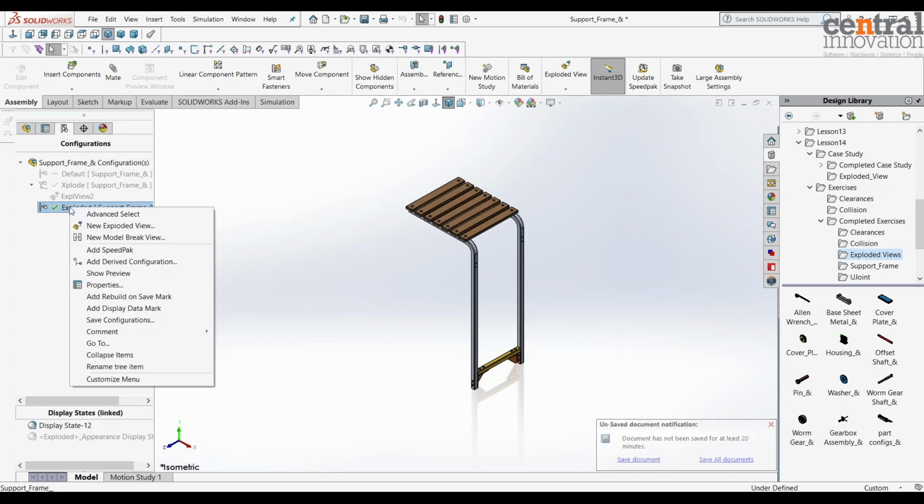So if I go to the sub-assembly and start a new exploded view,